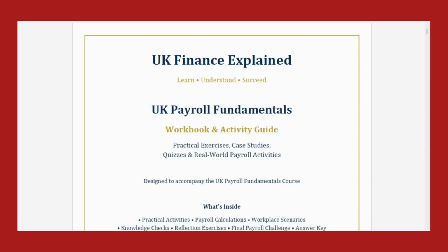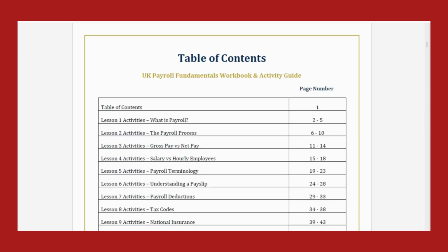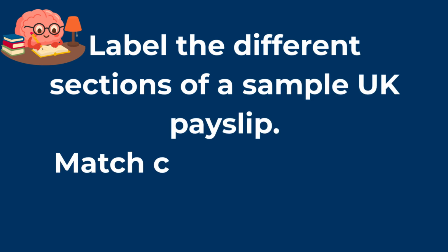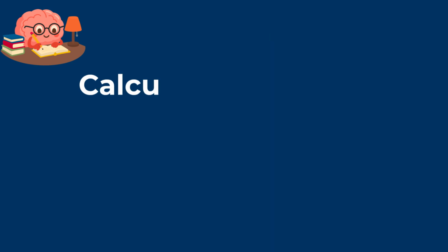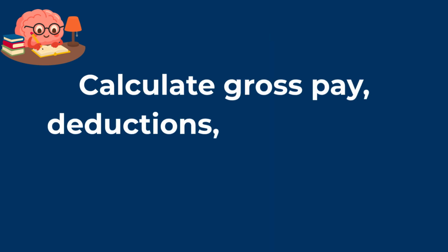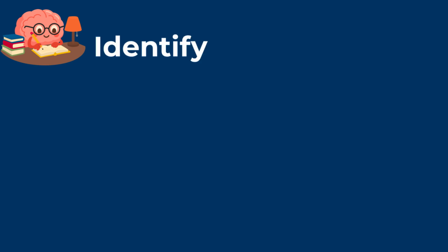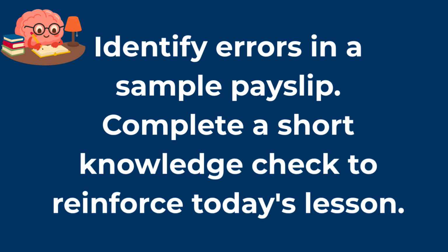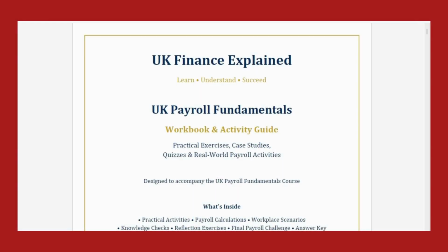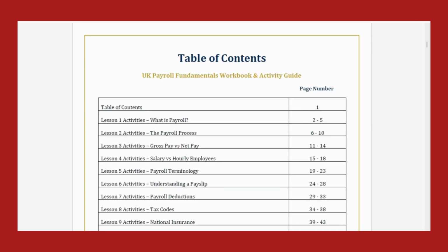Now it's your turn. Open the UK Fundamentals Workbook and Activity Guide and complete the Understanding a Payslip activities. Inside the workbook, you'll label the different sections of a sample UK payslip, match common payslip terms to their meanings, calculate gross pay, deductions, and net pay using example figures, identify errors in a sample payslip, and then complete a short knowledge check to reinforce today's lesson as well. These activities are designed to help you apply what you've learned and become more confident in reading and understanding